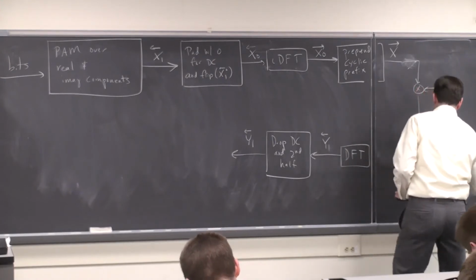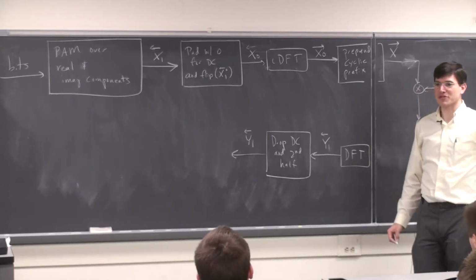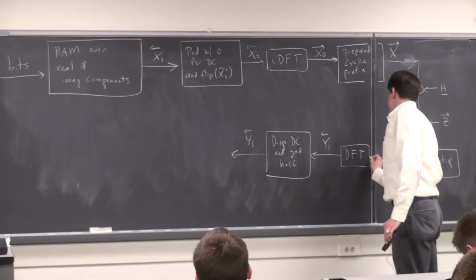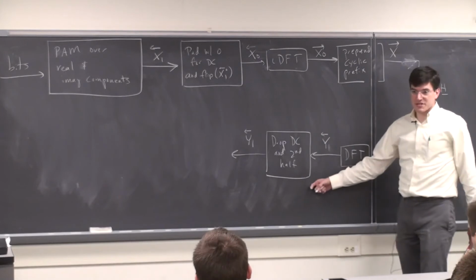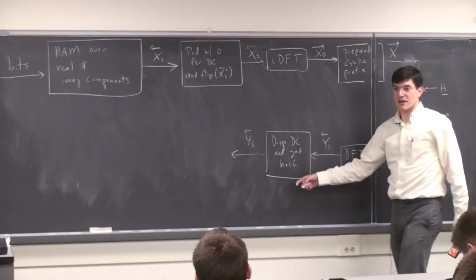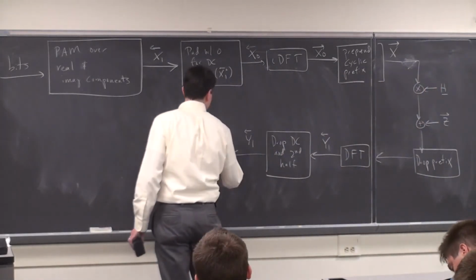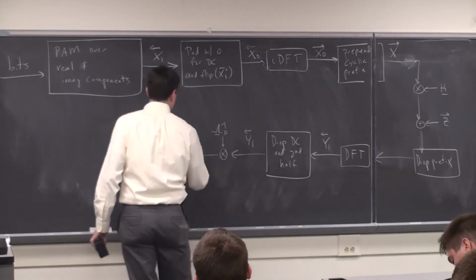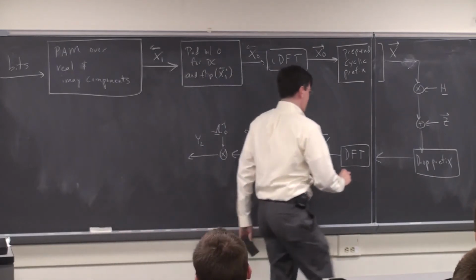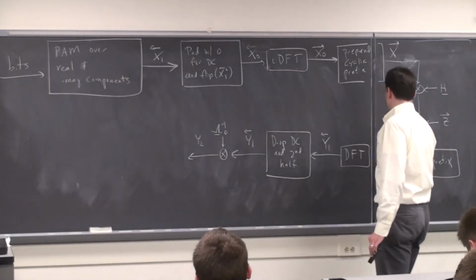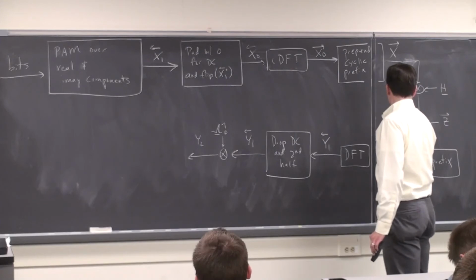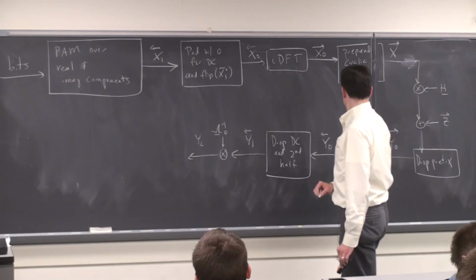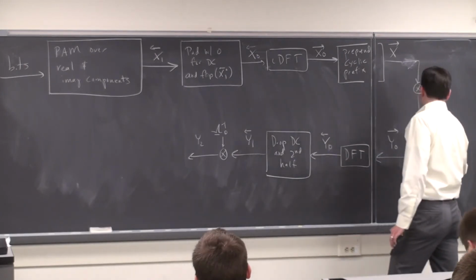So you trash a lot of stuff at the receiver. It's a common operation. Okay, you drop a bunch of samples in the time domain corresponding to the prefix. You then take the DFT. You drop a bunch of samples in the frequency domain, the DC and the second half. Okay, and then what happened? We undid the phase shift. That gave me y2. This we're calling Y0, I guess. This is Y.